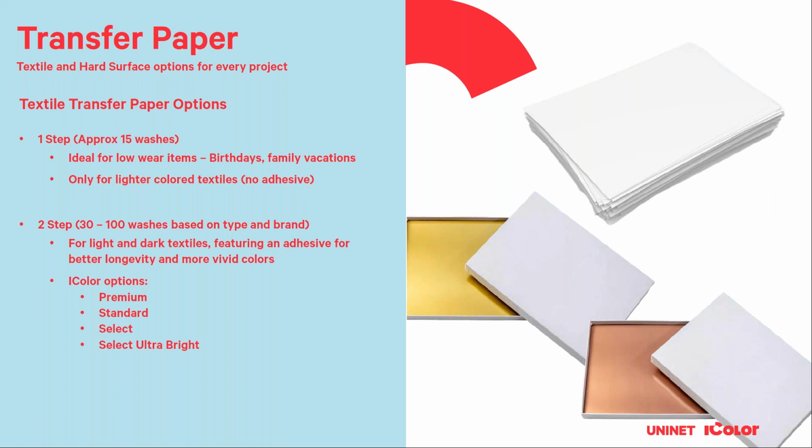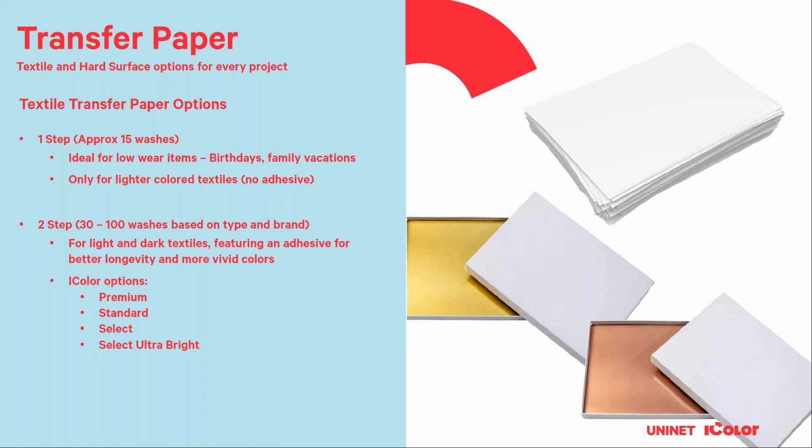When you get into the 1-steps, because there's no adhesive there, there's very little to block out. You put white toner there, and that does a little bit of the work, but there's only so much it can do without having some physical limitation of blocking out the substrate. The Select paper, as opposed to the Select Ultra Bright, is a very, very easy to use and least expensive 2-step paper that we carry. It's not quite as vivid because the B sheet is less opaque. But people like that because of the price point and the ease of use.